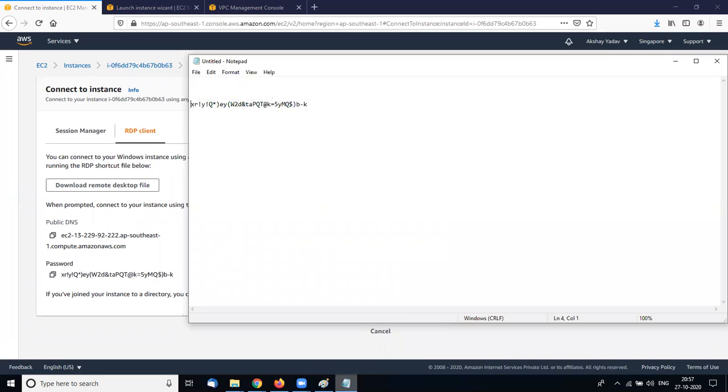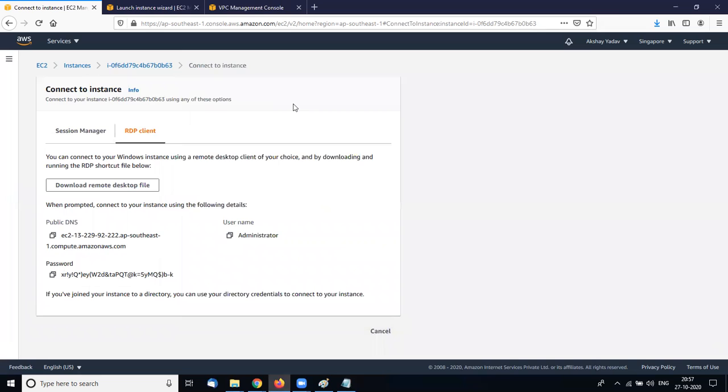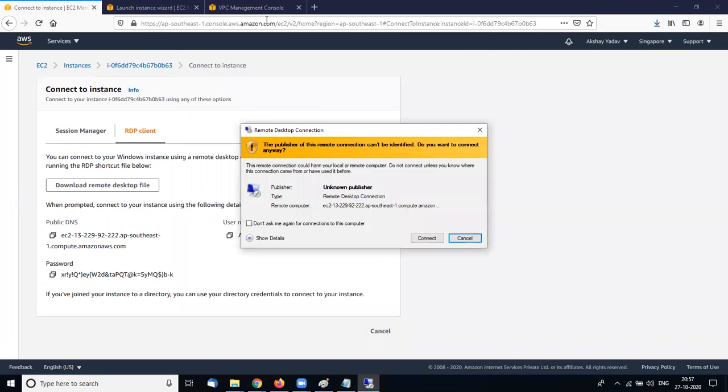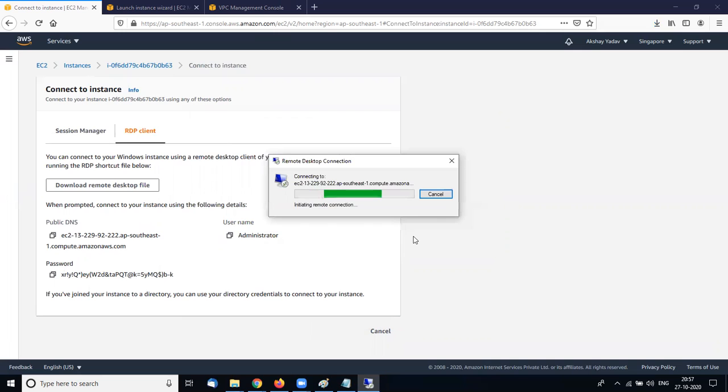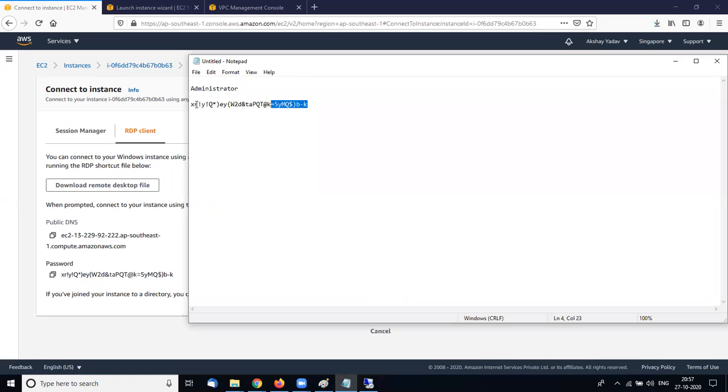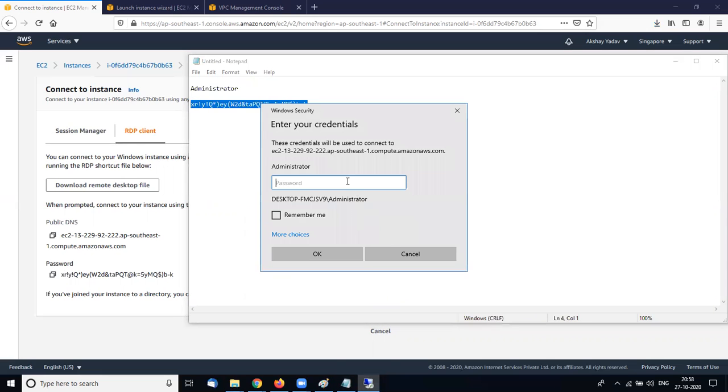I'm writing here my username. I insert my password here, copy and paste the password.